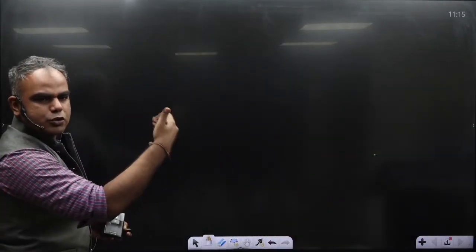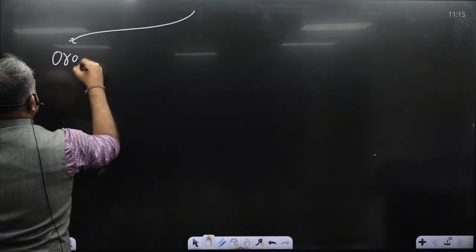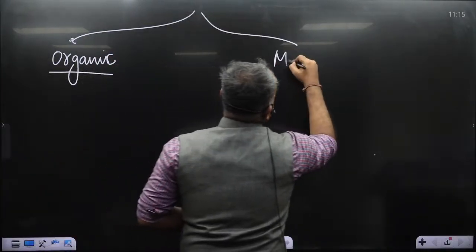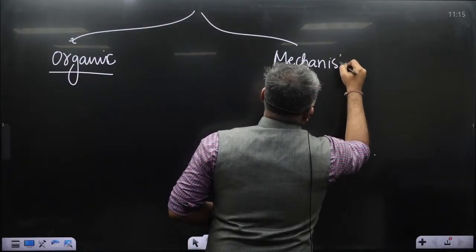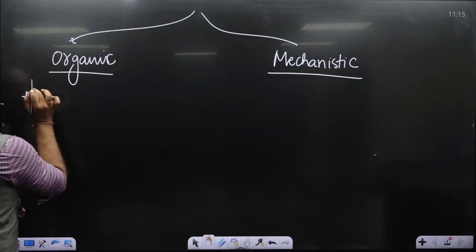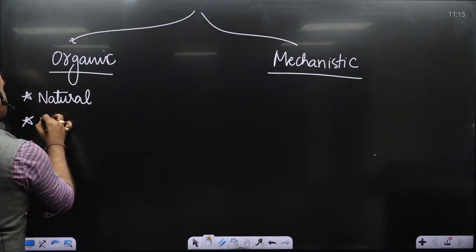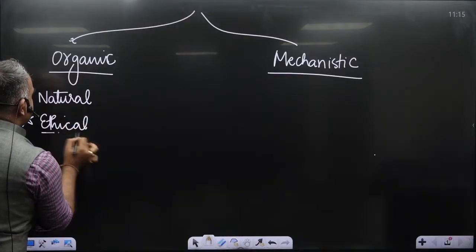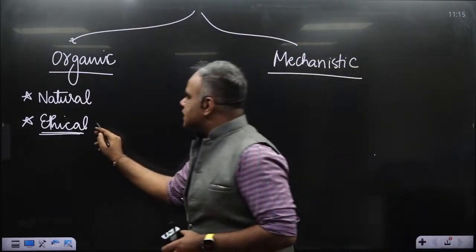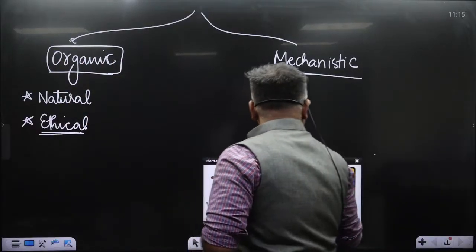There are a couple of theories of state that you should know before directly jumping into this. So you have there is an organic theory of state, and then there is a mechanistic theory of state, okay. According to organic theory of state, just remember the state is natural and there is an ethical argument for the existence of state. That state is existing because it serves an ethical purpose or an ethical value. Organic theory of state. Iske liye I'll just give you some examples.